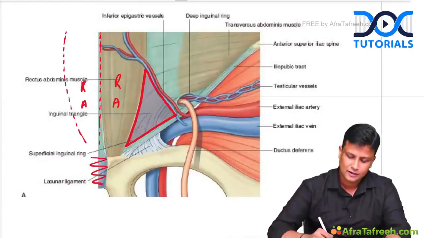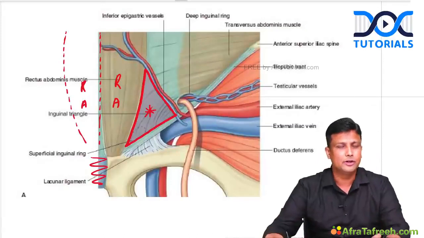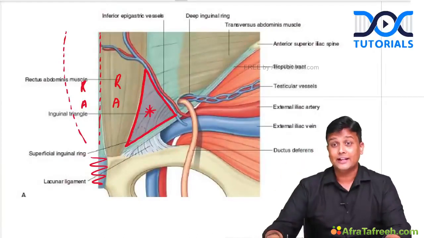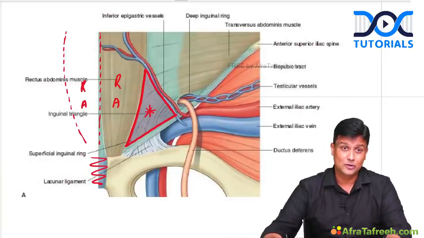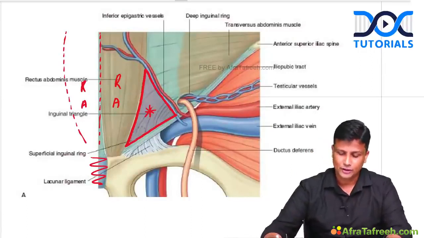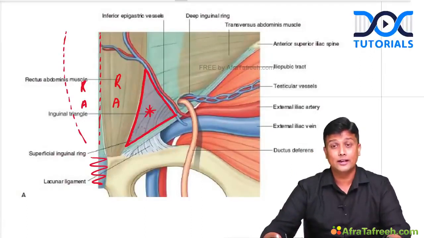And this triangle is referred to as your Hesselbach's triangle. And from here occurs the direct inguinal hernia. So direct inguinal hernia will occur via the Hesselbach's triangle, and those are the boundaries of Hesselbach's triangle, guys. So rectus abdominis muscle on the medial side, inferior epigastric on the lateral side, and inguinal ligament forming